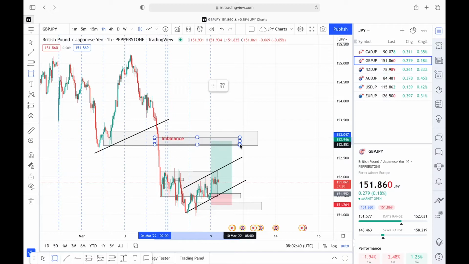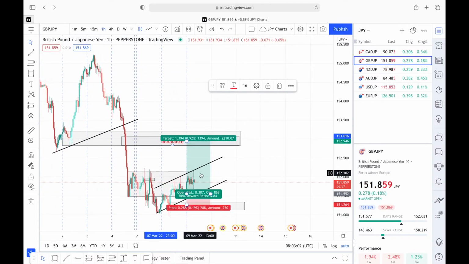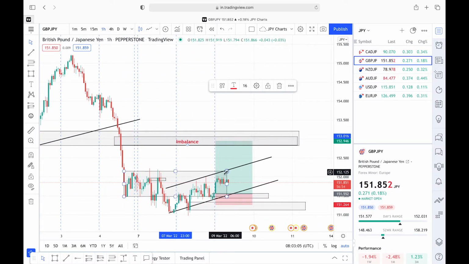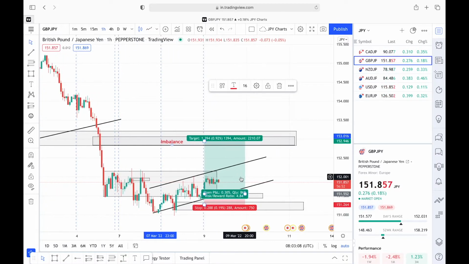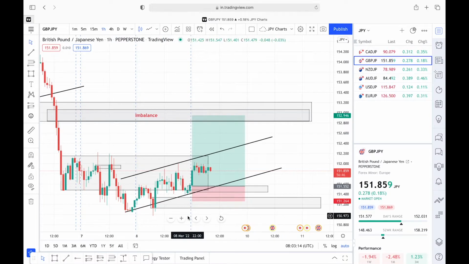The market we're looking forward to fill this very imbalance here. This is what I'm targeting, just this level, and that's a risk reward of 4.84. So my reward is 1:4.84. That's quite nice. So looking at what I got in the 15 minutes, I may stretch it this way,